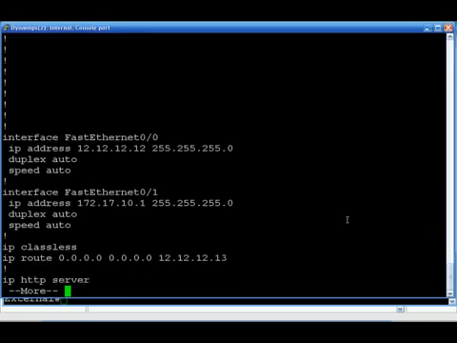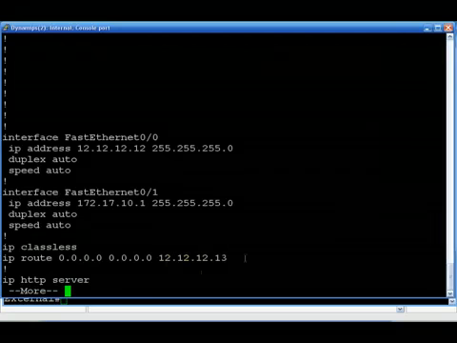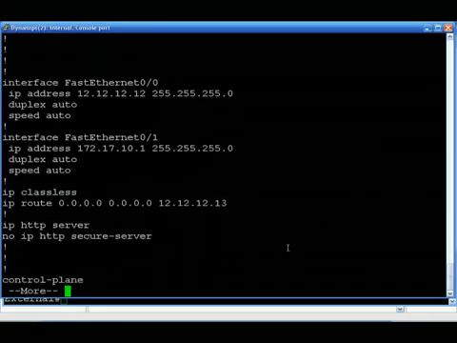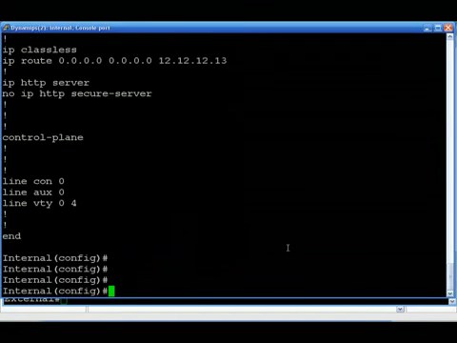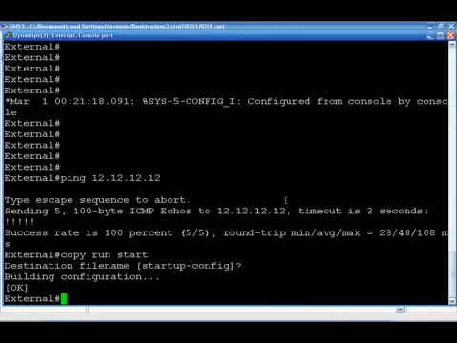The IP route shows the default gateway. I should have just used FA0/0 instead of 12.12.12.13, it's a lot easier in a production environment, etc. And then for the external,